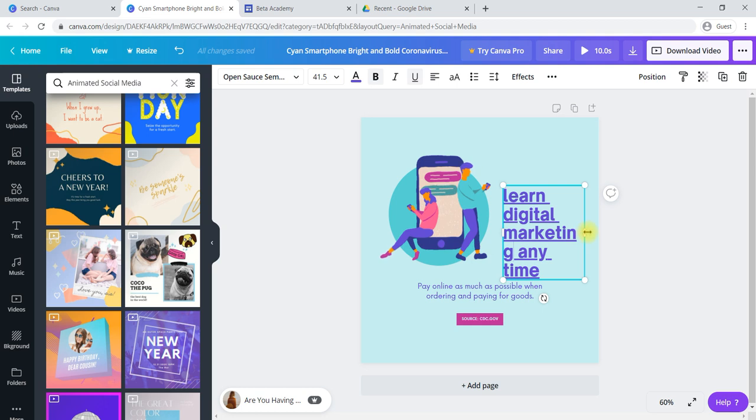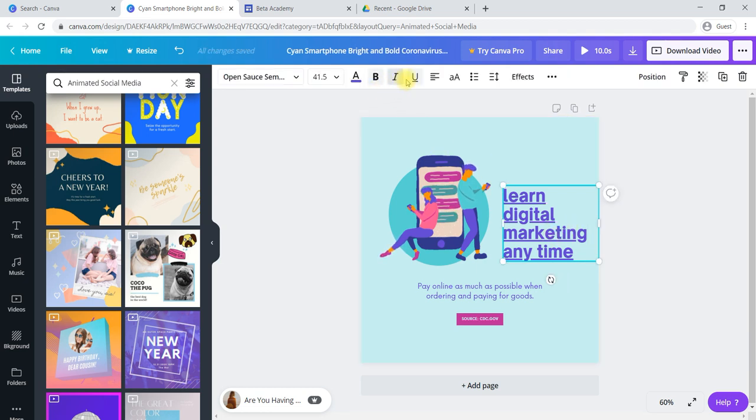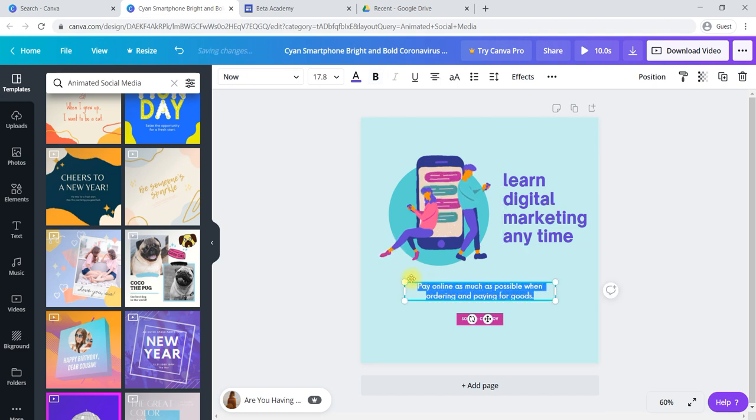And if you would like to change the size, you can change the size like this. If you don't want this underline, you can take off the underline, and you can move it here to the center. And if you would like to give any slogans or anything.